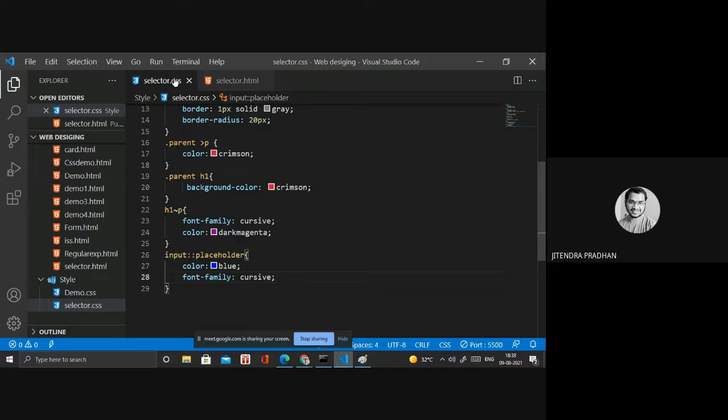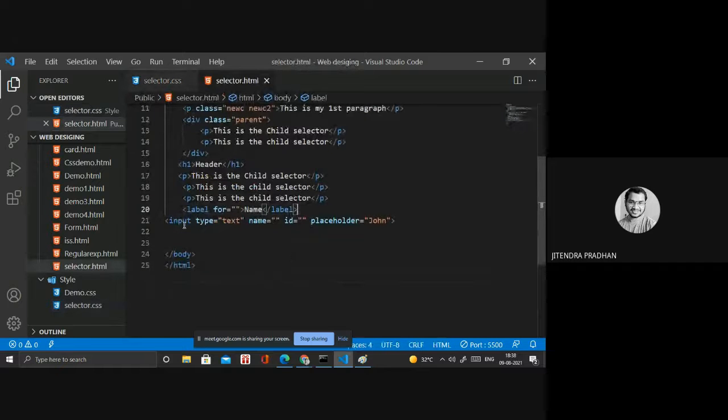But before that, I will show you input type text. Type is also an attribute, and inside that, text is the value, or data, whatever you want to call it. Okay.